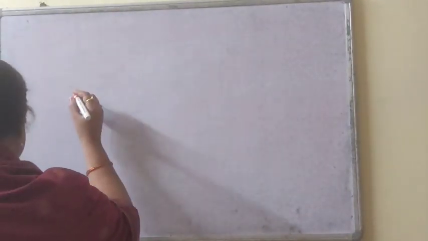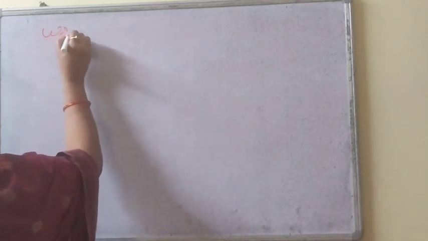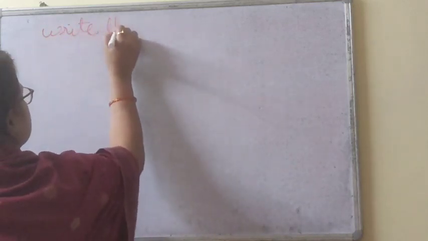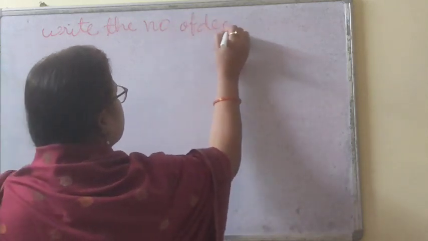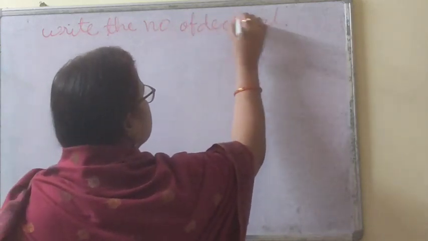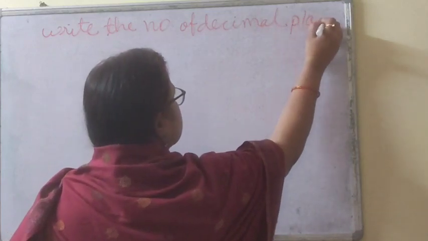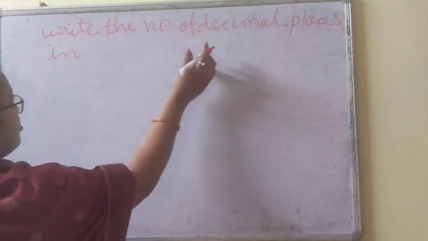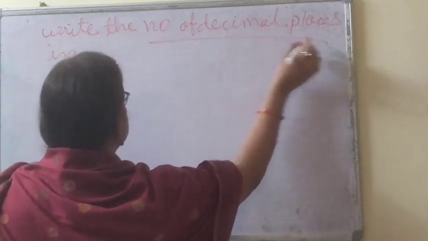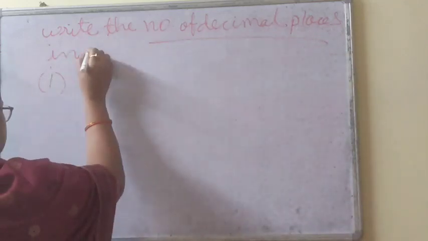Write the number of decimal places in. You have to write the number of what? Number of decimal places. First,